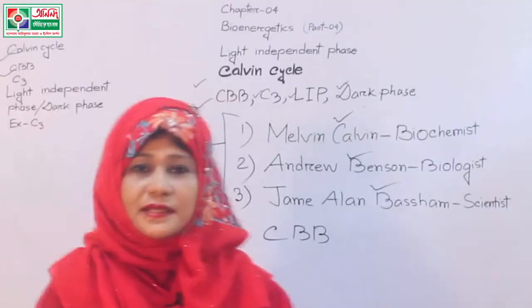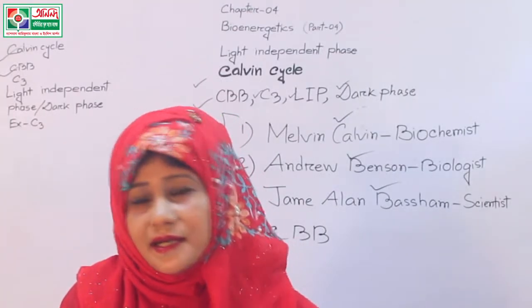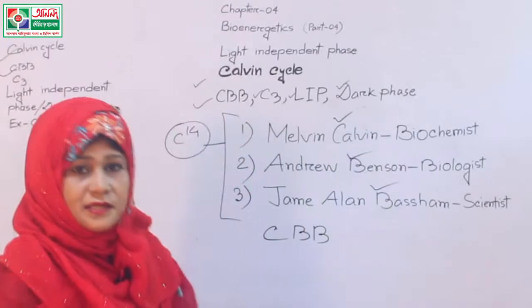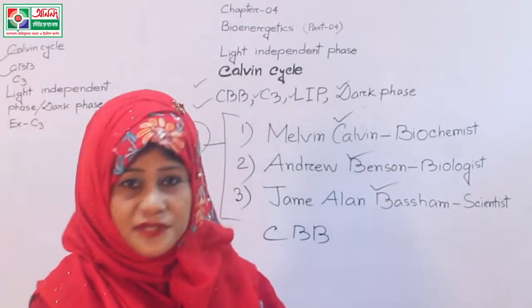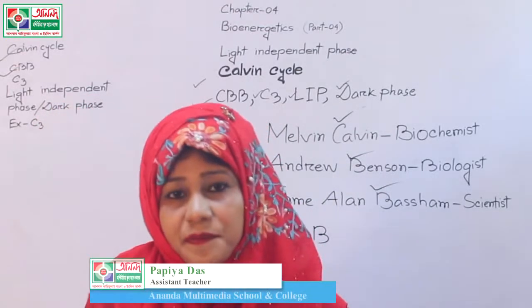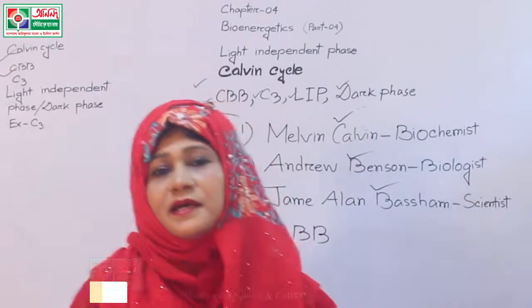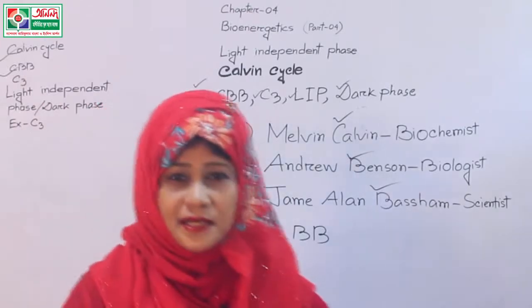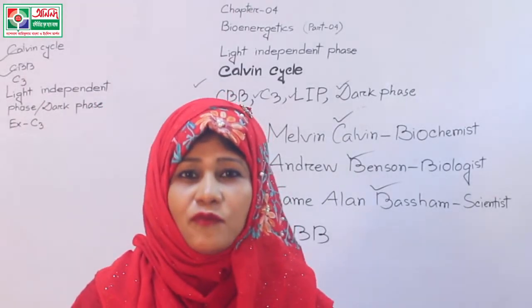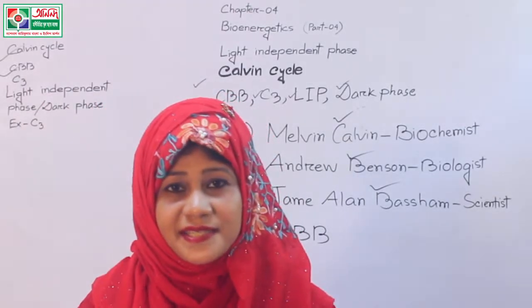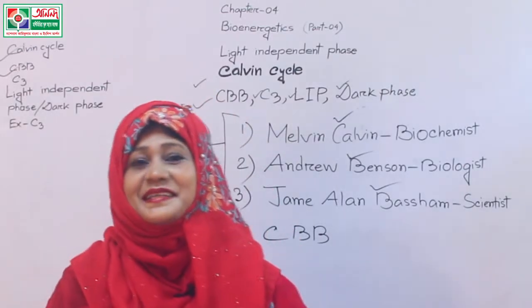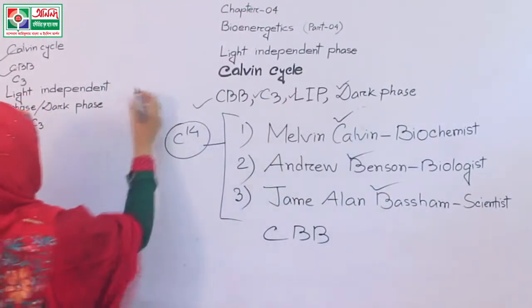Okay students, the plants which follow this cycle are known as C3 plants. So we should know some examples of C3 plants. About 85% of the plant species are C3 plants. They include rice, barley, wheat, most of the trees, and if you know the other names, you can follow the